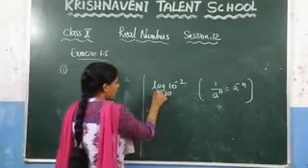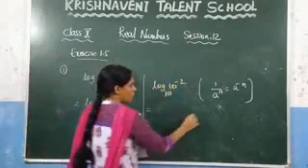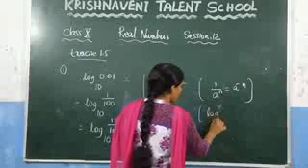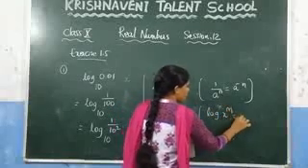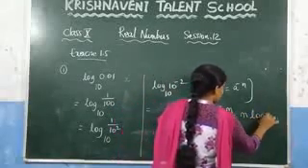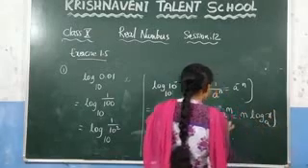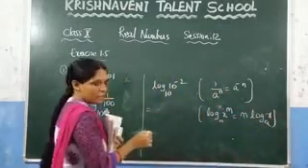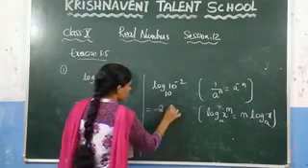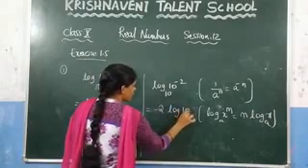So here, again it is in the form of log x power m. You can write this one as m log x. Right? The same thing you can apply here. What you get here? Minus 2 log 10 to the base 10.